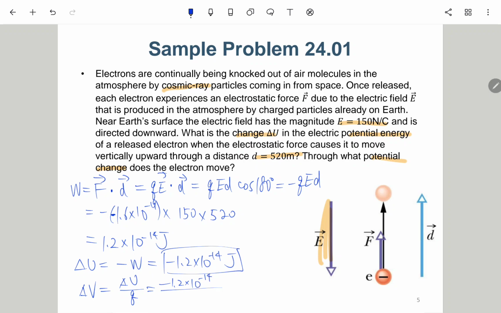And this Q is an electron, so it is a negative 1.6 times 10 to minus 19, which is 4.5 times 10 to the 4th power volt. Okay, so actually you can write it as 45 kilovolt. Okay, 45000伏。